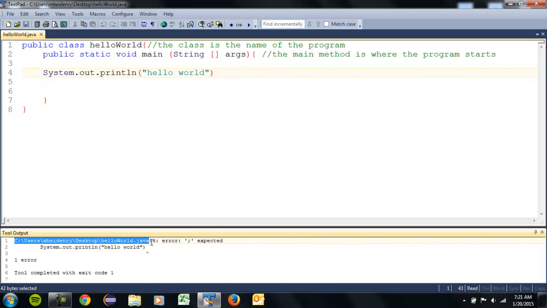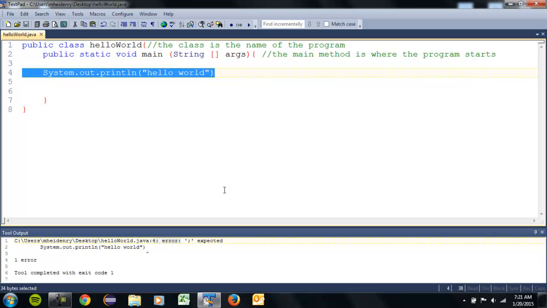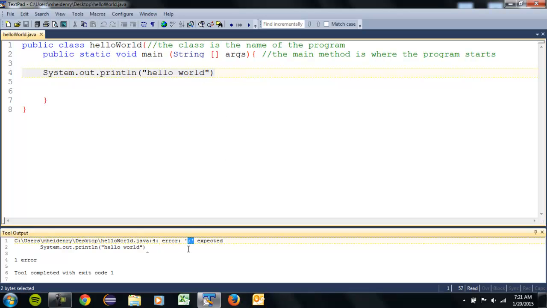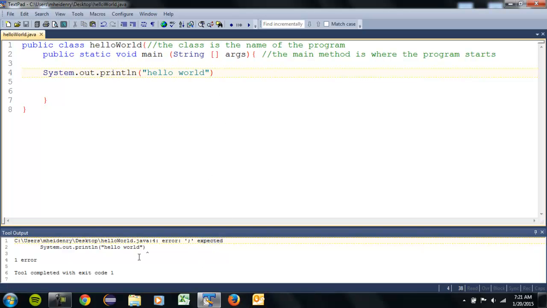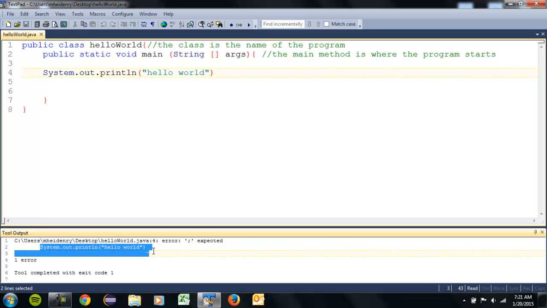It's saying on line 4 there is an error. So if I go up to line 4, that's this line, and very easy for us, it's saying a semicolon is expected. So we know that that's all that needs to be added. And in fact, on the next line, this little caret, C-A-R-E-T, I believe it is, is indicating where the actual error is. Now, not all the errors you will make are that easy to identify,